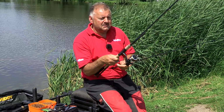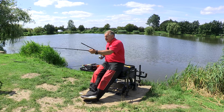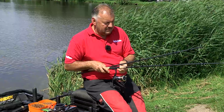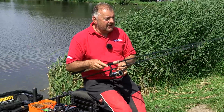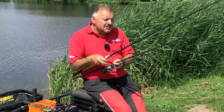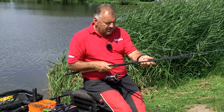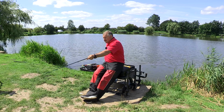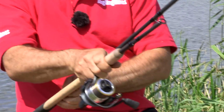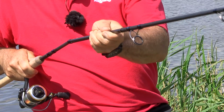Firstly, take the butt section, put it in the top carrier section, and incidentally this rod does come with a couple of quiver tips, and you have an 8-foot rod, ideal for down the edge, sort of feeder in the margins, that sort of thing. Stepping up, put the middle section in, butt section in that piece,